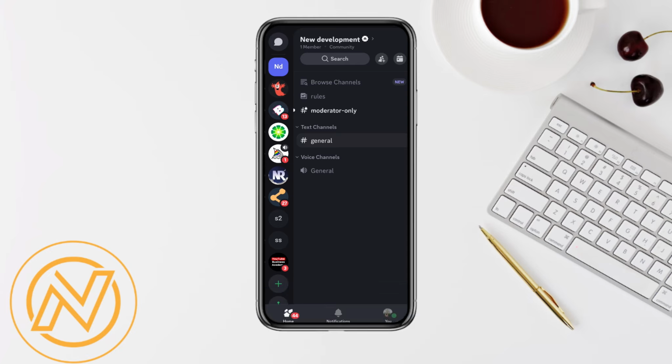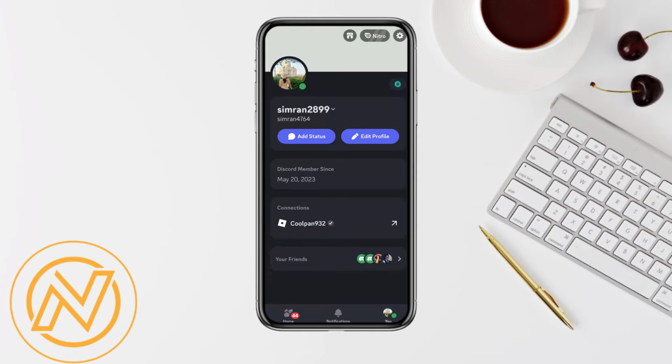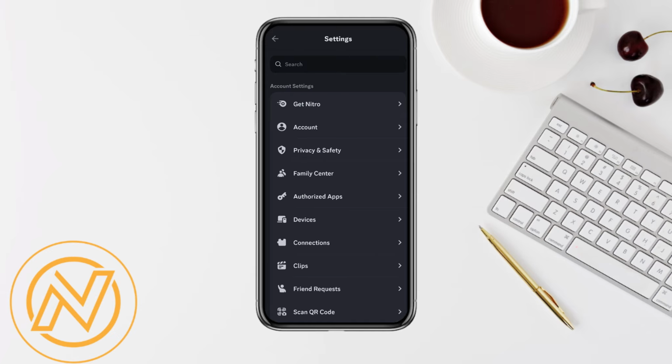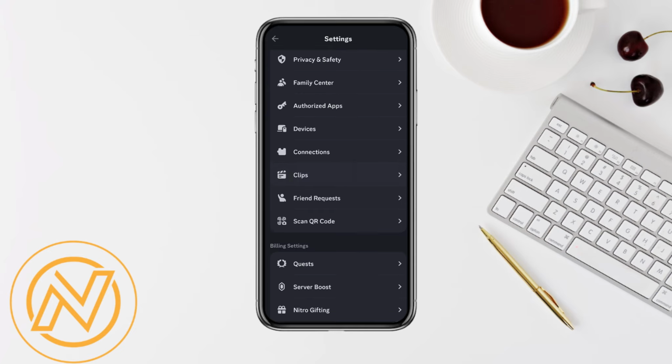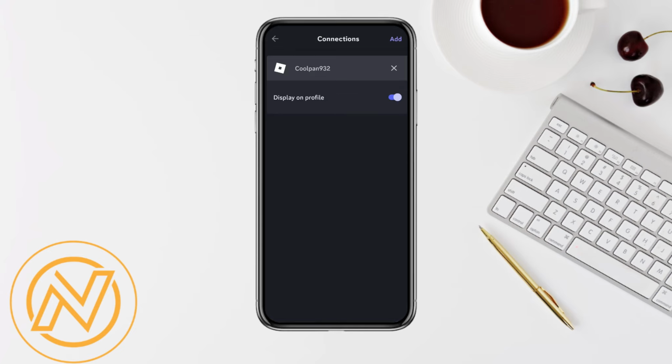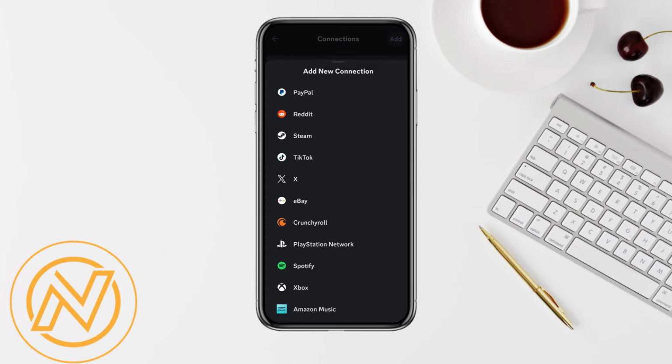So first of all, just simply open your Discord account, and after that just simply click on the profile section from the bottom right corner of your mobile screen, and from there just simply locate the settings option from the top right corner over here. And after that, under the account settings option, you will be able to see the option called connections. Just simply tap on it, and now just simply tap on the add section from the top right corner again,